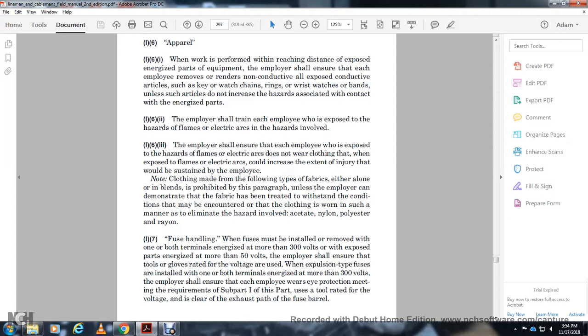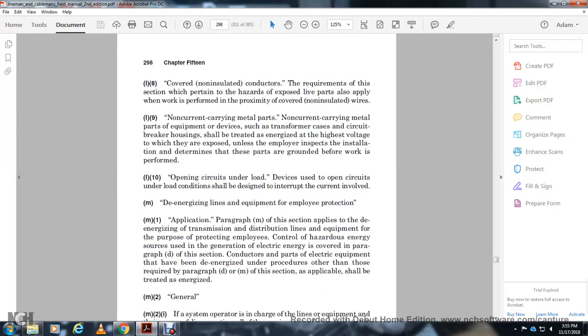The employer shall ensure that each employee wears eye protection meeting the requirements of subpart I of this part. Use the tool rated for the voltage, clear of the exhaust path of the fuse barrel. Cover non-insulated conductors with the requirements of the section, containing the head of the exposed live